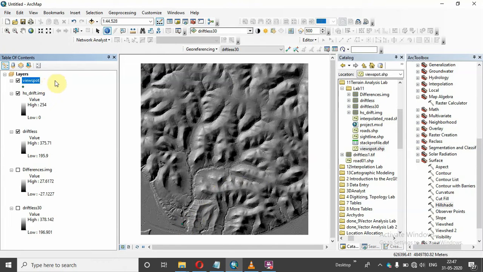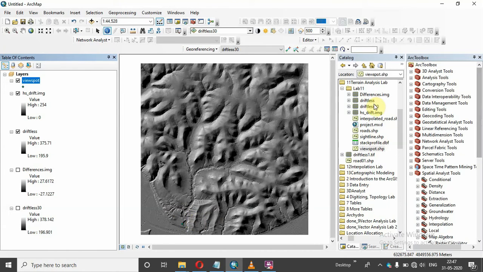So the view spot is here. And what a viewshed does is it gives you all the possible cells which can be visible from this particular point. So let's do it, and you will understand it clearly then.